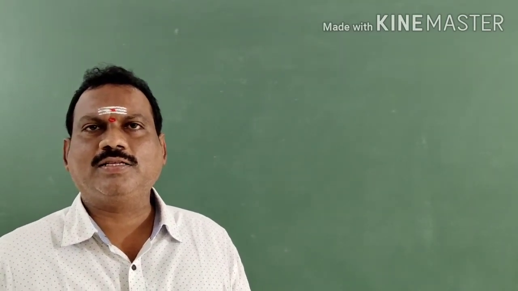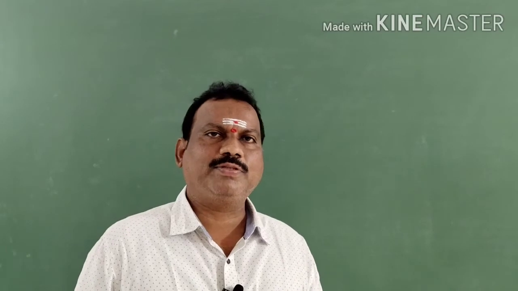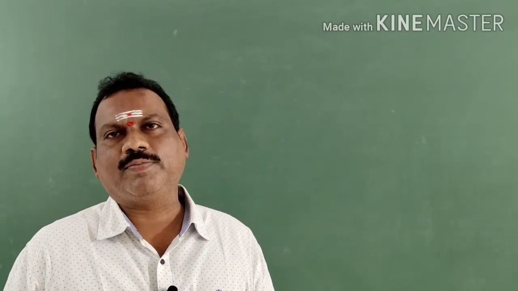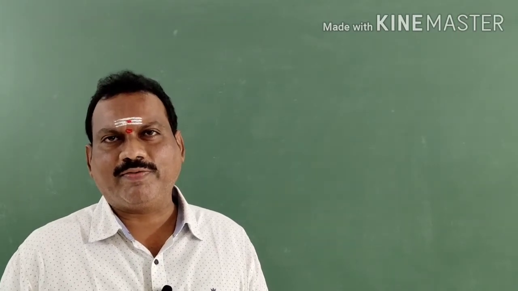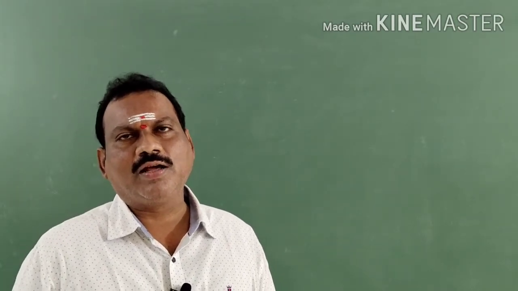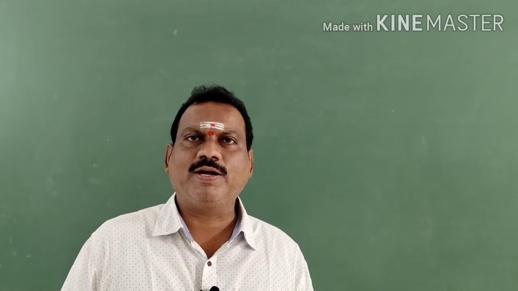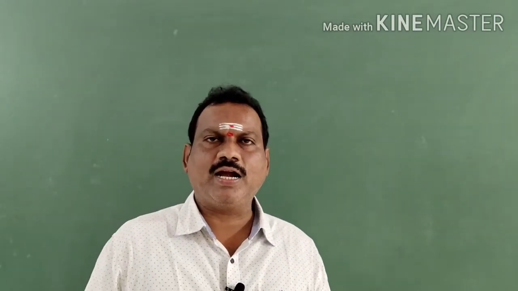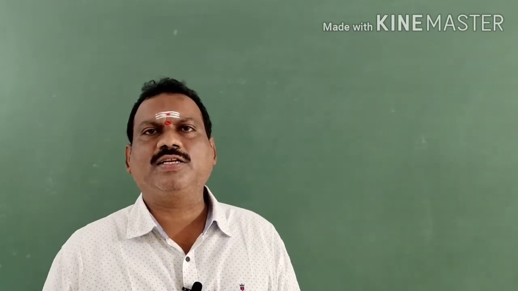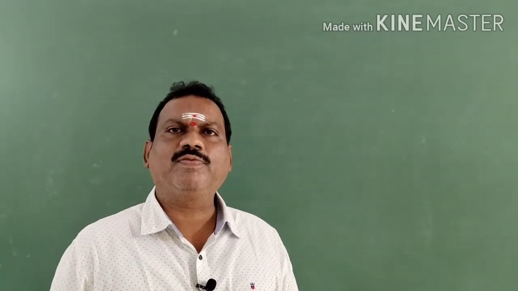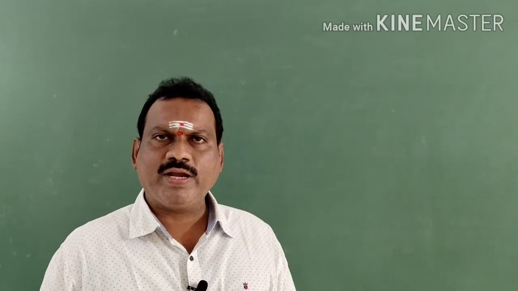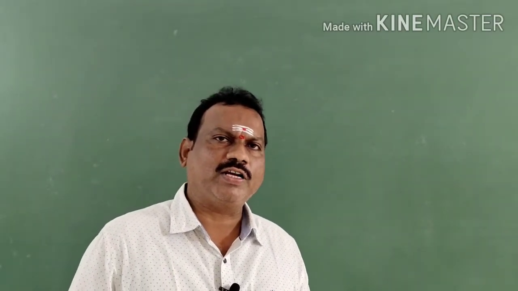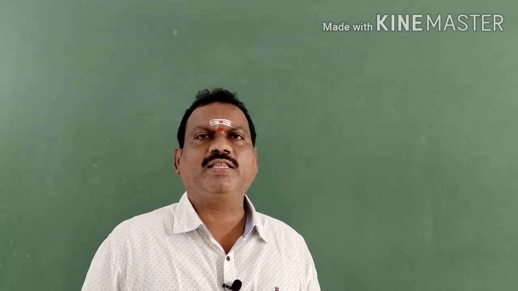So in the last class we discussed the kinds of functions. We completed what is meant by function, relation, image, pre-image, domain, codomain, and range. The kinds of functions are one-one function, onto function, into function, many-one function, bijective function, and constant function. Till that we completed in the last class.